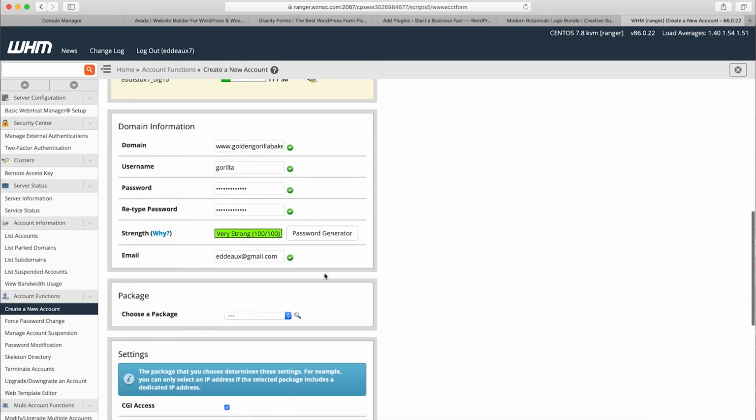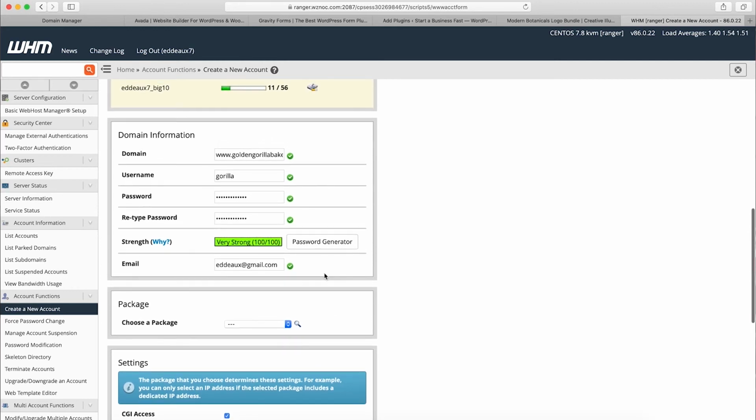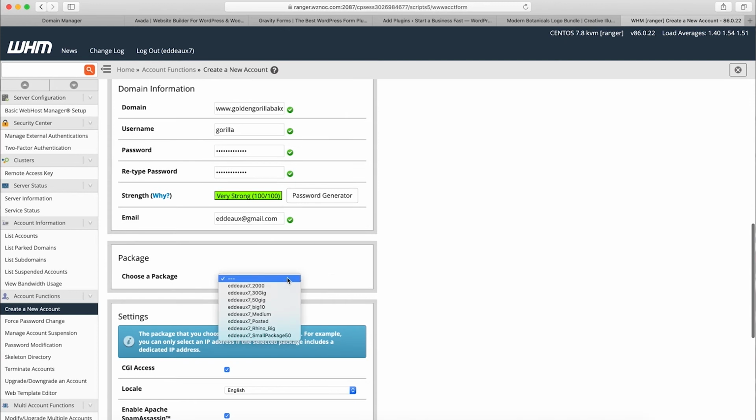And then once you set up this username and password information, you'll choose a package. Whenever you're a reseller for hosting, you can create different levels of packages. Somebody could be getting 50 gigabytes of bandwidth per month, or 100 gigabytes, or even 1,000. And you can charge them more based on those packages. So I have multiple here. I'm going to choose just this Edo 7